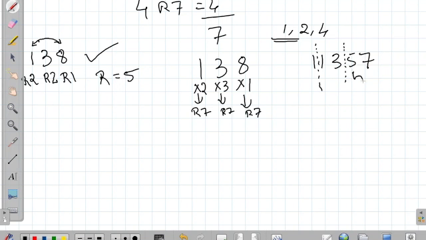So here, you can think of this as 57 ones, right? And this would be 13 hundredths, and this would be 1 10,000. So for the 57 we will divide by 7 and see what the remainder is. And for 1300 we know that for hundreds the remainder is 2, so 13 into 2.